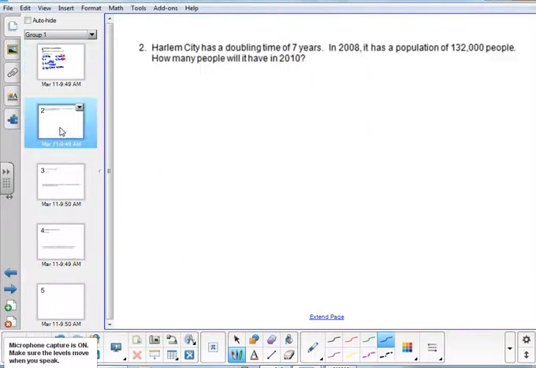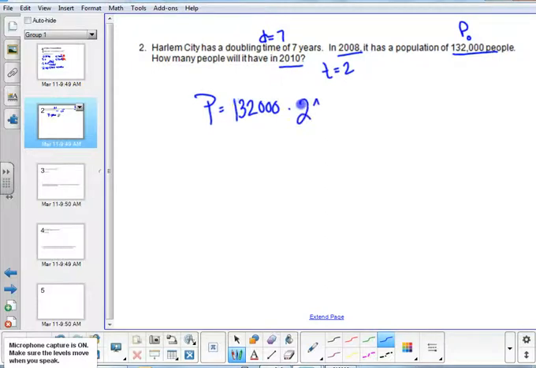Alright, next question. Number 2 is a similar question, except I just made this one up. Harlem City has a doubling time of 7 years, so that was the d for the formula. 2008, this is the initial population. And 2010, if I think about 2008 to 2010, that is a difference of 2 years. So for my problem, times 2, and then up in the exponent, t divided by doubling time. So when I type that in my calculator,